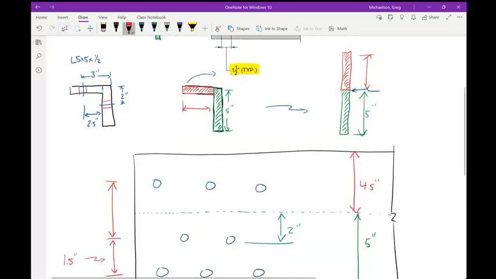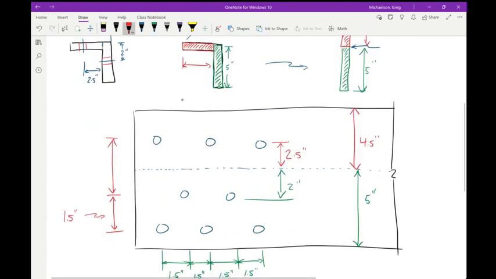So if that's 2 inches, is this 3 inches or something else? Again, my art could have been a little better. 3 inches minus the thickness, exactly right. So this is 2.5 inches,